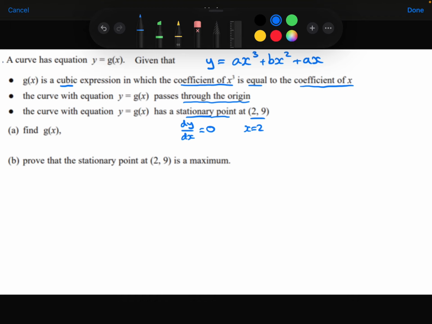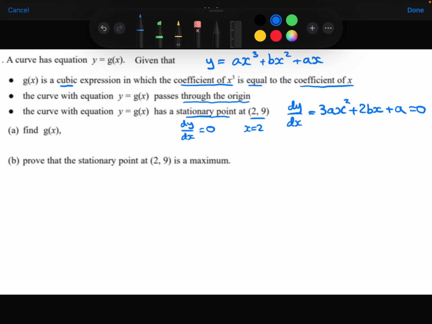So I would get dy by dx. Differentiating the ax cubed is 3ax squared. Differentiating the bx squared is 2bx. And differentiating the ax is just a. And I know that's going to equal 0